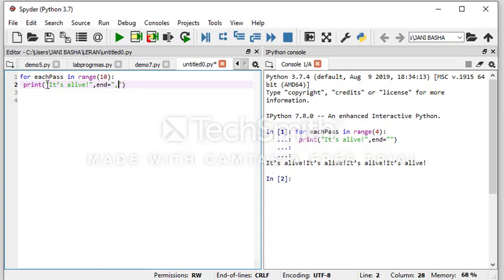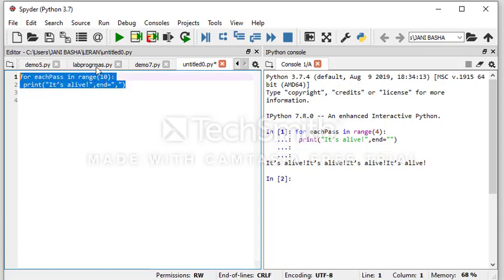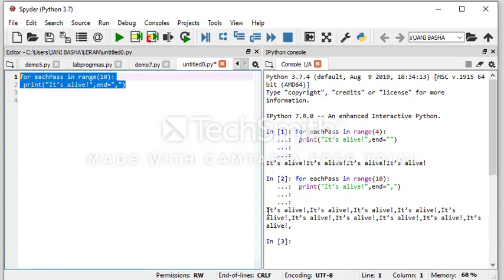That means after every it's alive statement, I'll get a comma. So I have done these modifications and now try to execute the statement. You can observe here: it's alive, comma, again it's alive, comma, again it's alive, comma. Like that we can consider this.